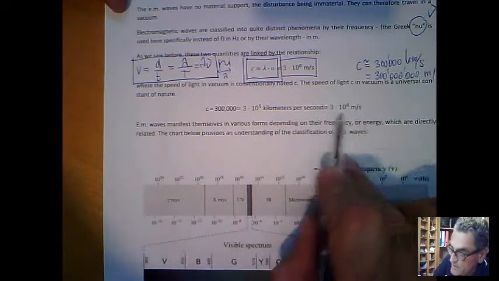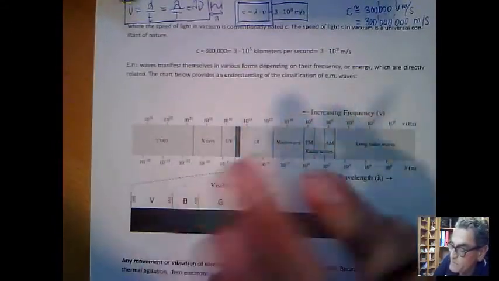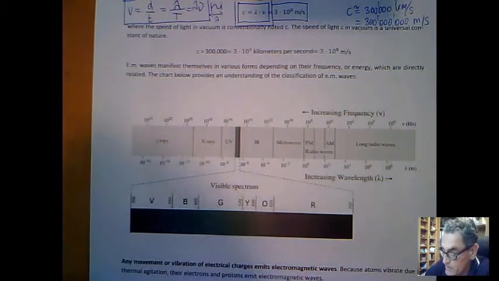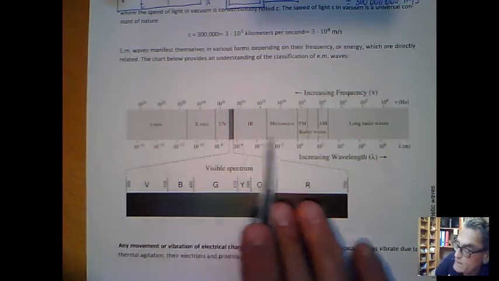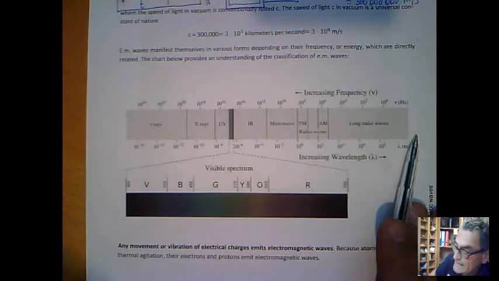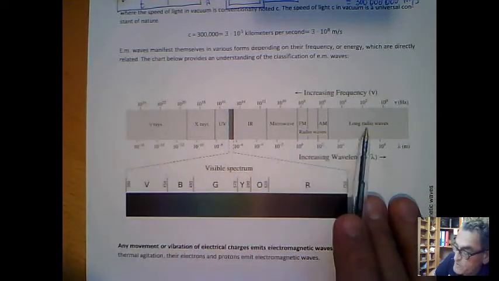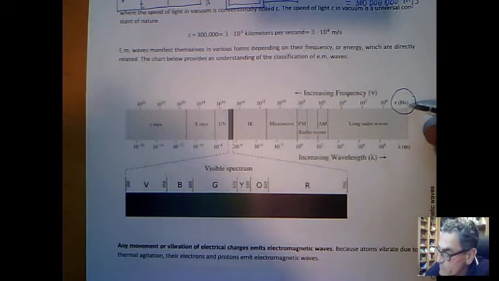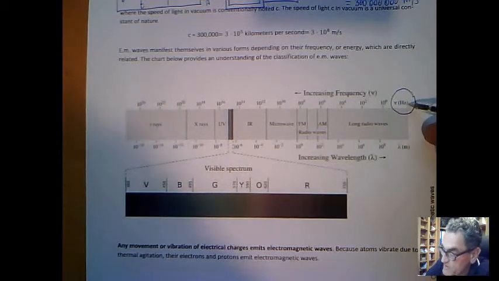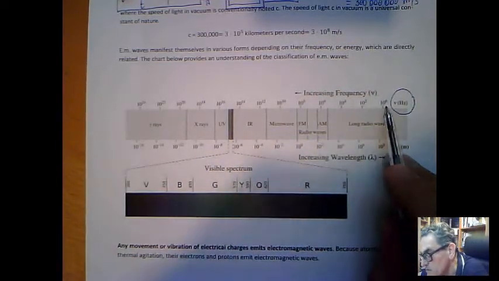Now I told you, the velocity of light is 300,000 kilometers per second. It's 3 times 10 to the 8 meters per second. But now what you should understand about electromagnetic waves is that they cover a wide range of phenomena. Okay, and you can classify these phenomena and give them specific names according to the frequency or to the wavelength. You see up here we have a scale of frequencies,